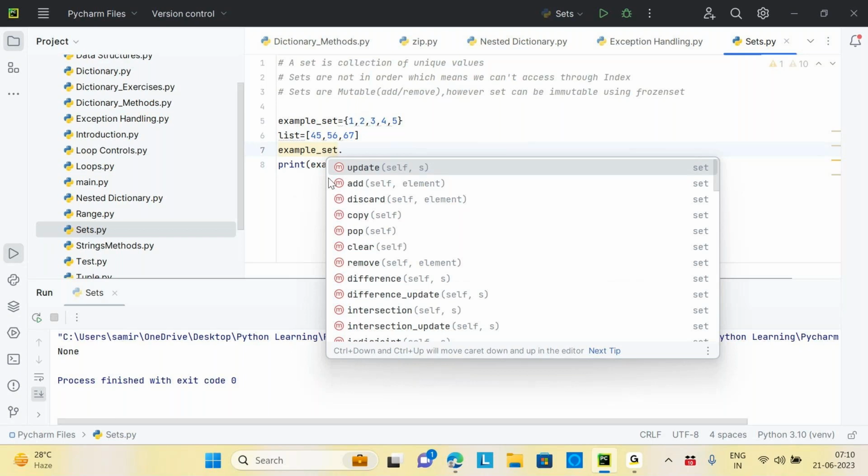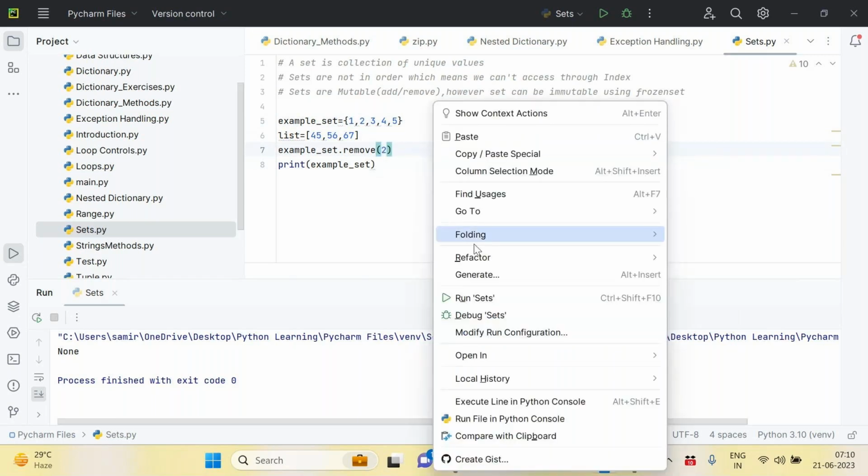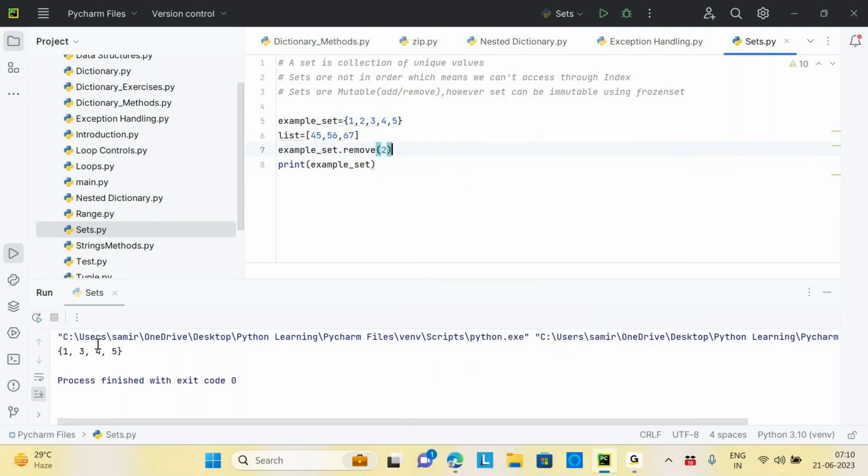In the case of a set, I say remove two. Here, two is an item, not the index. Make sure that two is an item in the set; it's never an index. If I run this, it removes the 2, and I'm getting 1, 3, 4. The only problem with remove is, suppose accidentally you have given 6, which is not an item in the